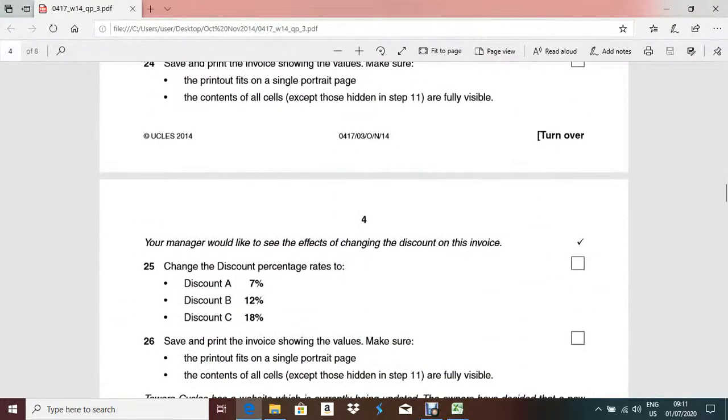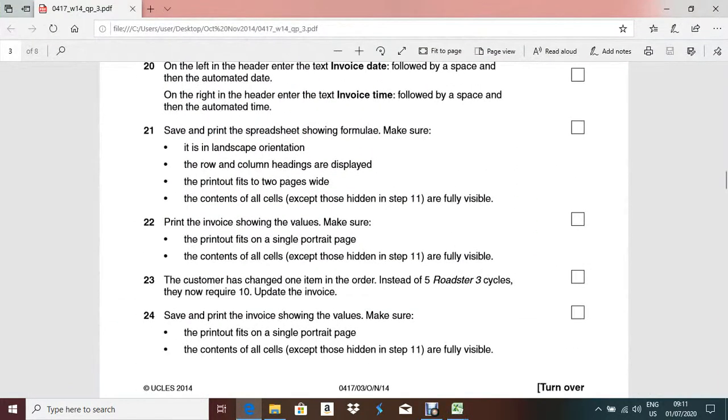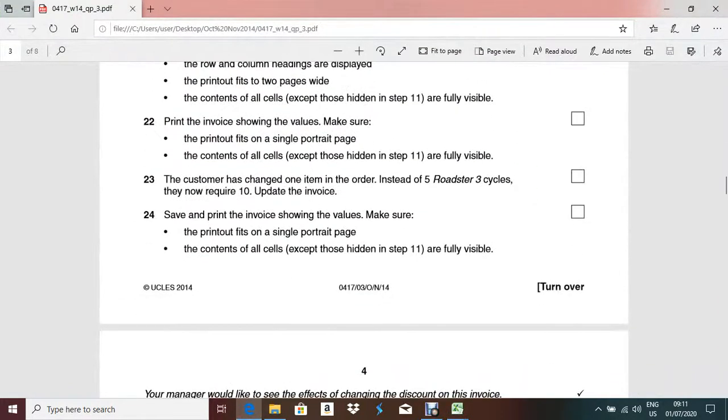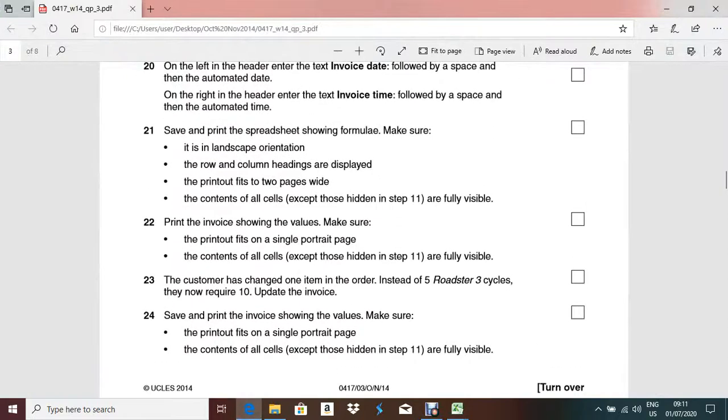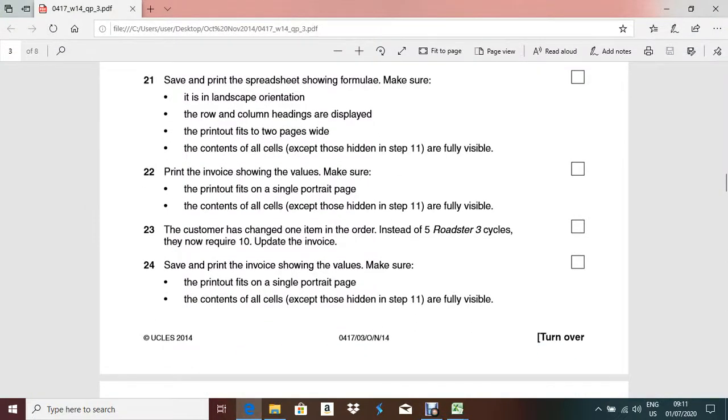The next question is easy, you can do that one easily yourself, so I'm not going to discuss it, I'm just telling you how to do it. The customer has changed one item in the order. Instead of 5 roadster, 3 cycles, they now require 10.